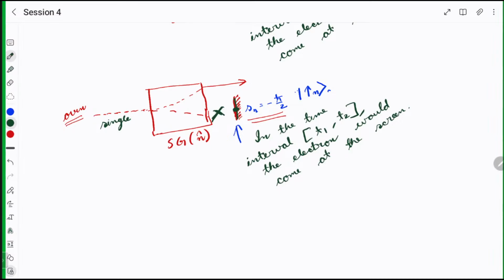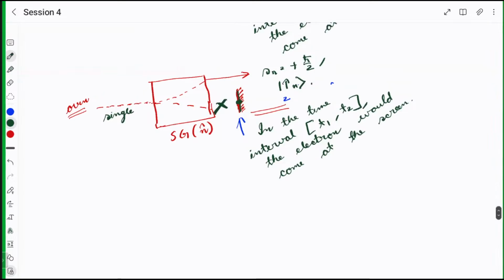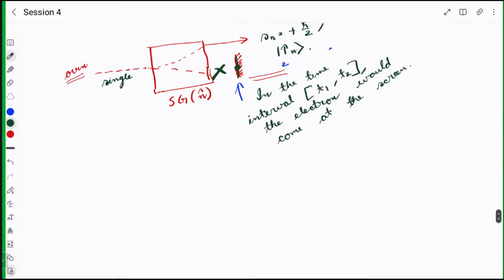If it is not coming in, then it has come there. So after the electron has passed this screen, it actually collapses to, so we know that Sn is plus h cross by 2, and it has collapsed to the state up n. Is that okay? Okay. Now,